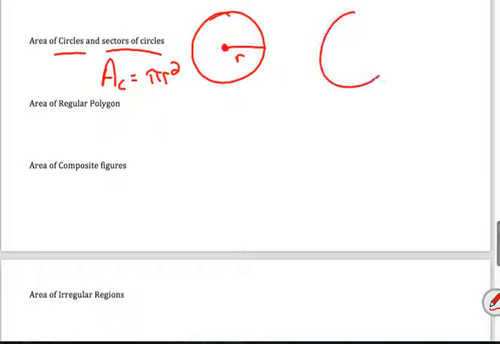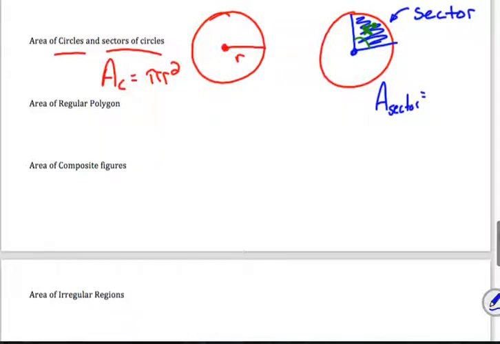Now, if we want a little piece of the circle, so what we say is maybe this blue is shaded in. This is our sector. Alright, so that's a little piece. So how we do that is going back to our little X here. So I'm trying to get a green X in here. So X degrees. So it's kind of like our arc length formula. Our sector formula is going to be the area of the sector is going to equal that X over 360 degrees